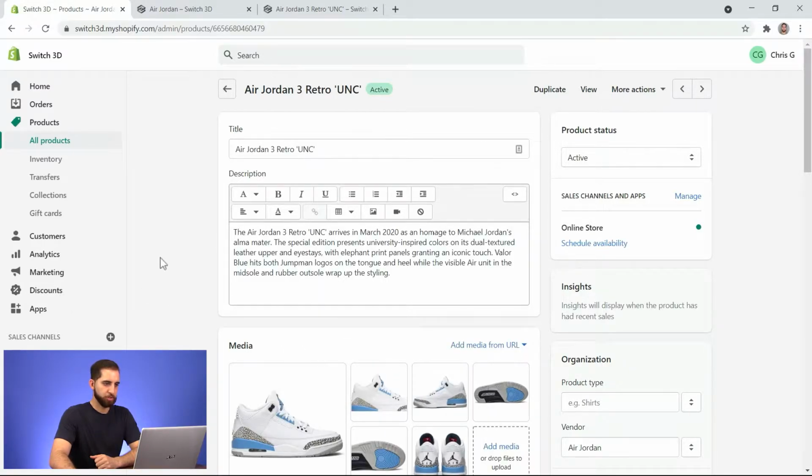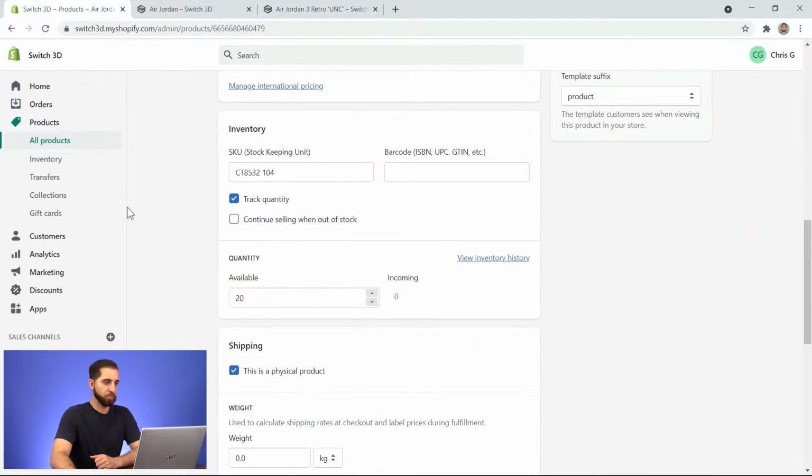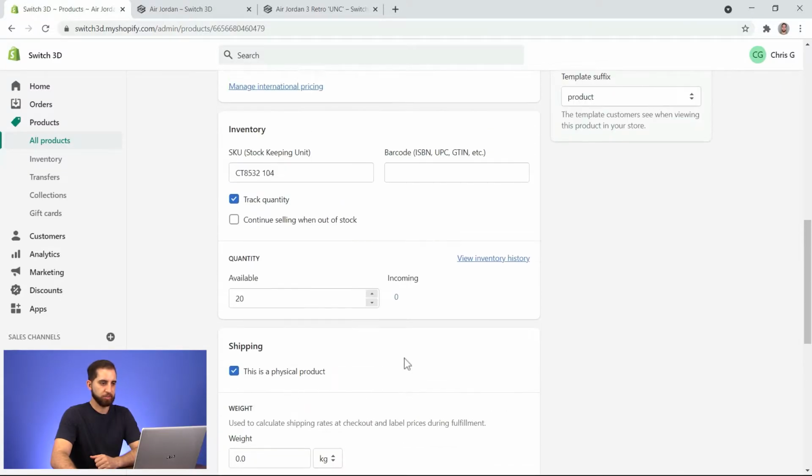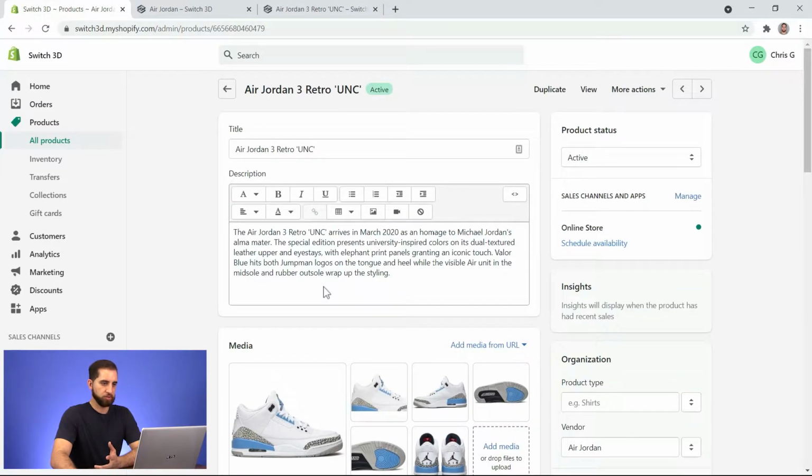Okay, so the product has been duplicated, and the reason I know that is because I go down here and I can see the -1 in the URL. So the original product didn't have the -1 and now this version does. So everything's the same. So I'm going to refresh this